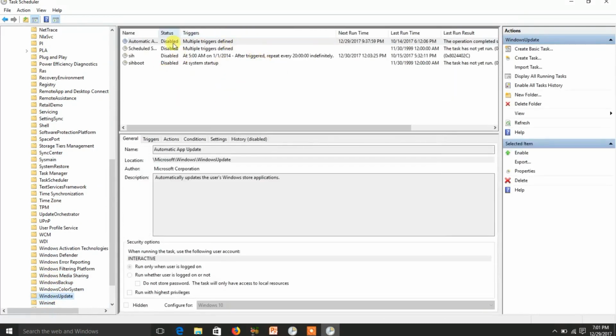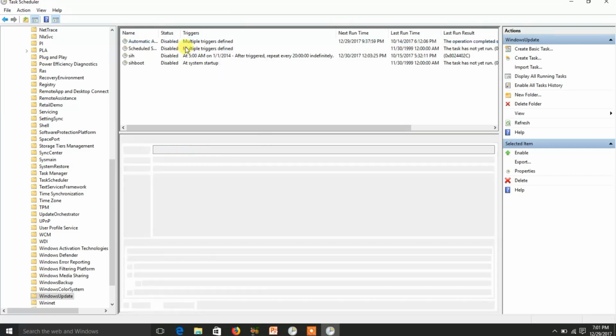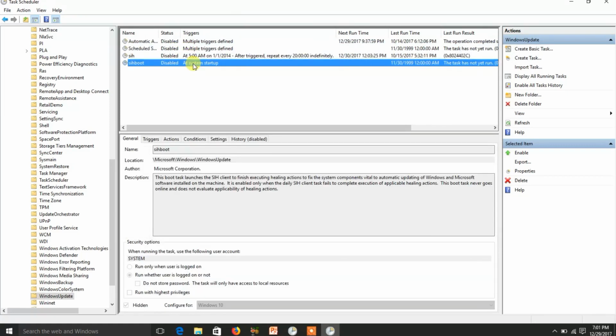Like you can see, these are all disabled. They will probably be enabled in your system. What do you have to do? Simply right click on it and disable it. It is already disabled, so there's no option. But in your system, you have to disable this, this, this, and this. Okay, that's how the automatic Windows update in Windows 10 and 8 will be disabled.